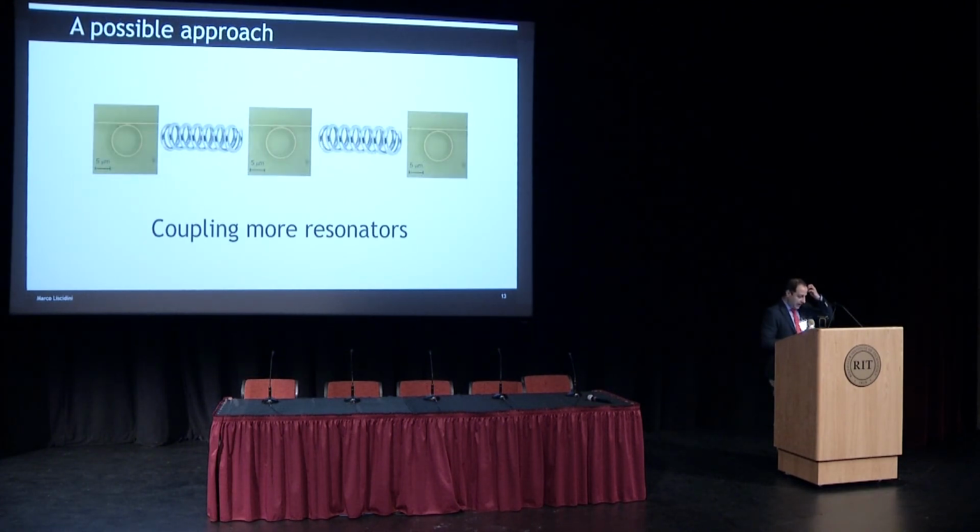Okay, so a possible approach towards a more flexible and complex system is: a ring resonator works well, so let's take more ring resonators and couple them together. It's like a nice atom that works very well, and I build a molecule. So I couple these resonators, and it's very interesting because this idea is very old as heralding a photon by